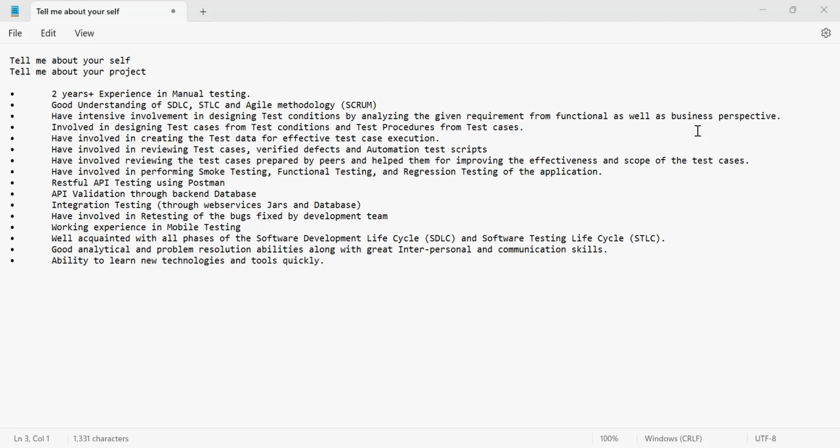My name is Rahul, and I have a total of 2 years of experience as a software test engineer, in which the major part is manual testing, where I was validating the application's GUI, as well as the middle layer validation, that is the API testing, and also validating the database. So majorly I have done these things, and then I have 6 months of experience in REST Assured automation